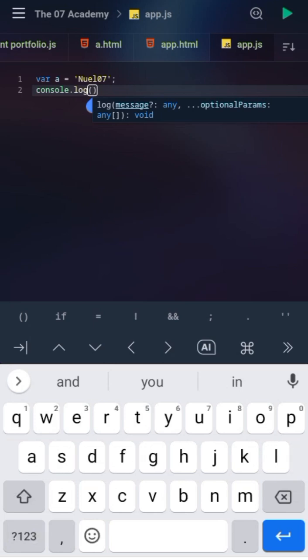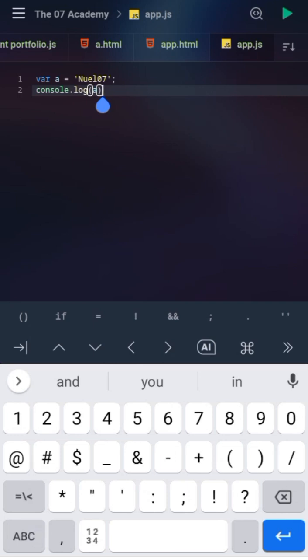So we just come over here and put in a. That is the name of our container, or it's like holding data, and the data it is holding is actually a string. I'll tell you what a string is. It's actually holding my name, and we're just going to come to our